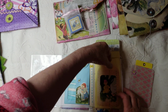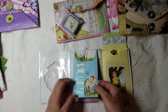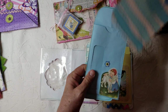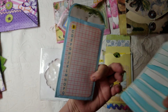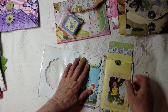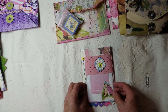little tags inside of here. And the same here. This is sewed on the machine. This one is drawn with a pen. And I love this little see-through envelope that I put with it here. And then on the other side is another one over here. It has a little section here that comes out, and you can see it there. And on this side,